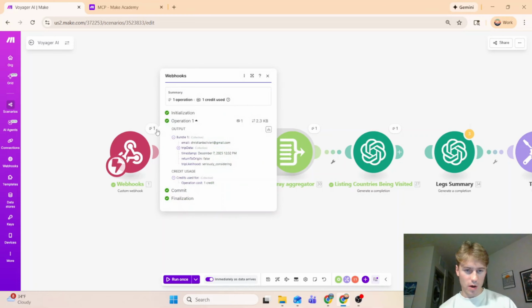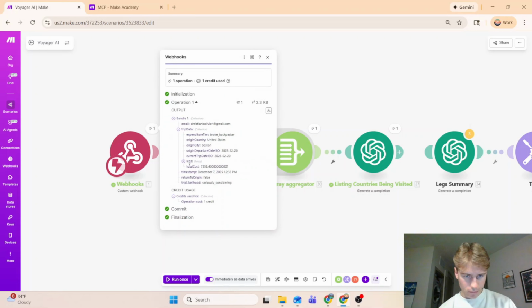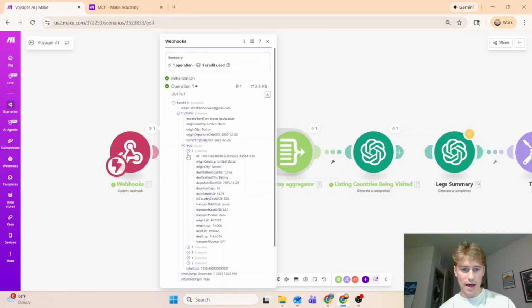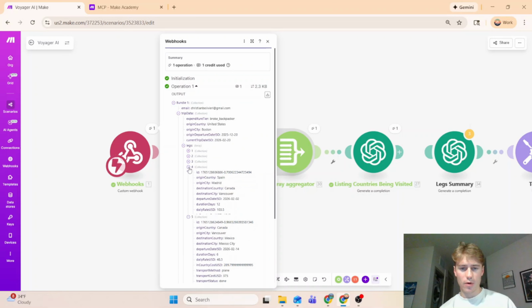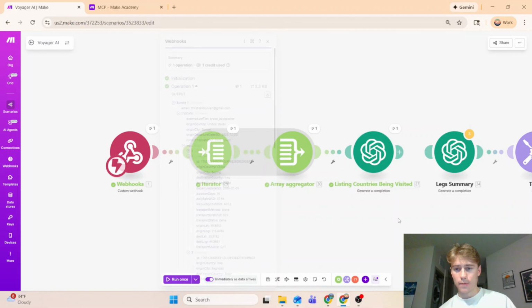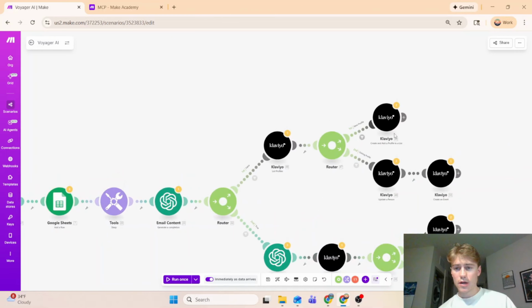But in this run, if we go look at the trip data, I have legs that are put into 5 different collections. These are all different legs of the trip. The reason I need all of this information, all of the trip data here, is because I want to create a string of text of all the countries that the person is visiting, basically put that as a variable inside of someone's Klaviyo profile, and when I go to send them an email, I can then reference all those countries